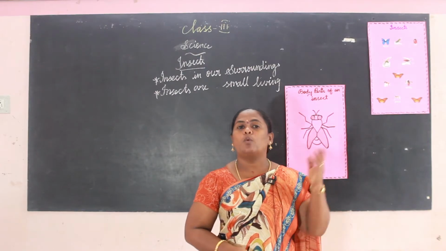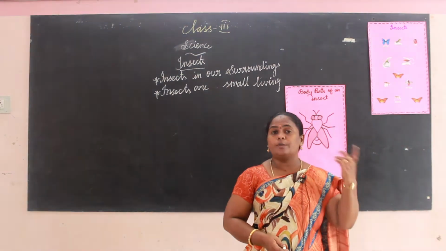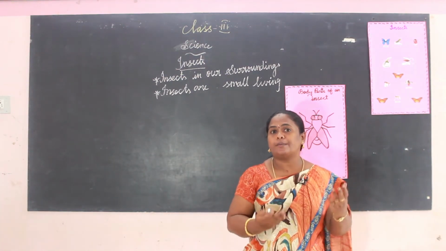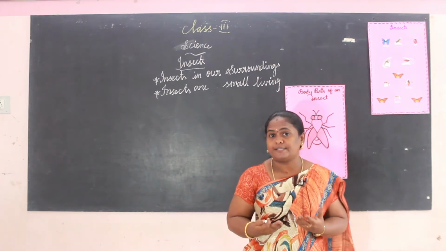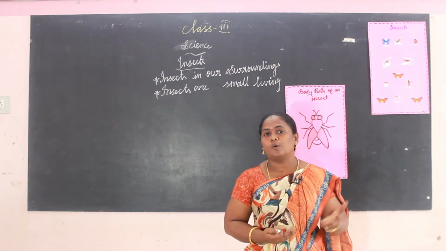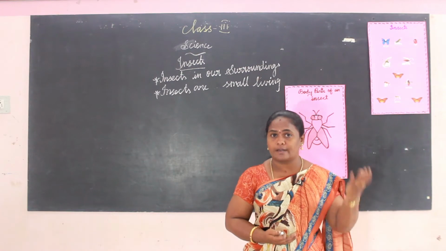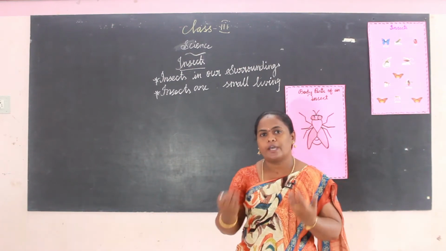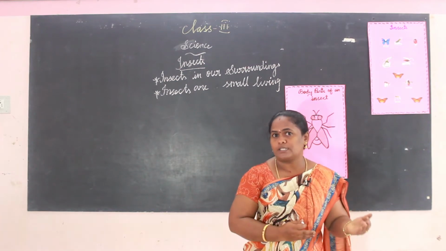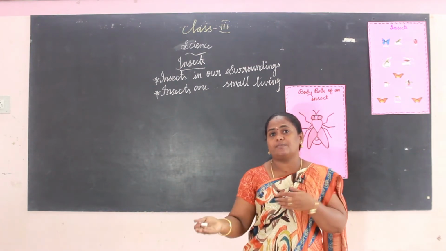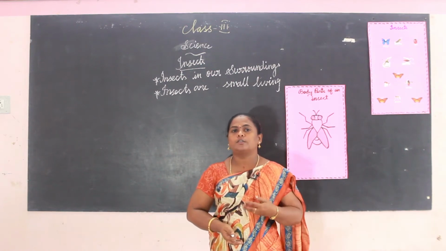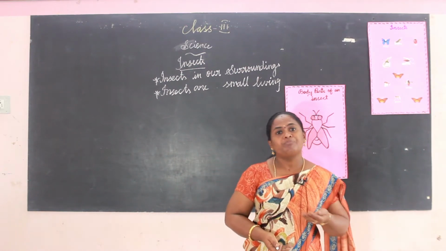Good morning students. What did we learn in the previous class? In the previous class we learned different types of animals. Different types of animals live in different habitats. Some animals live on land; those animals are called terrestrial animals. Some live on trees; those animals are called arboreal animals. Some animals live in water; those are called aquatic animals. And again we learned the uses of animals, so we get many things from animals.